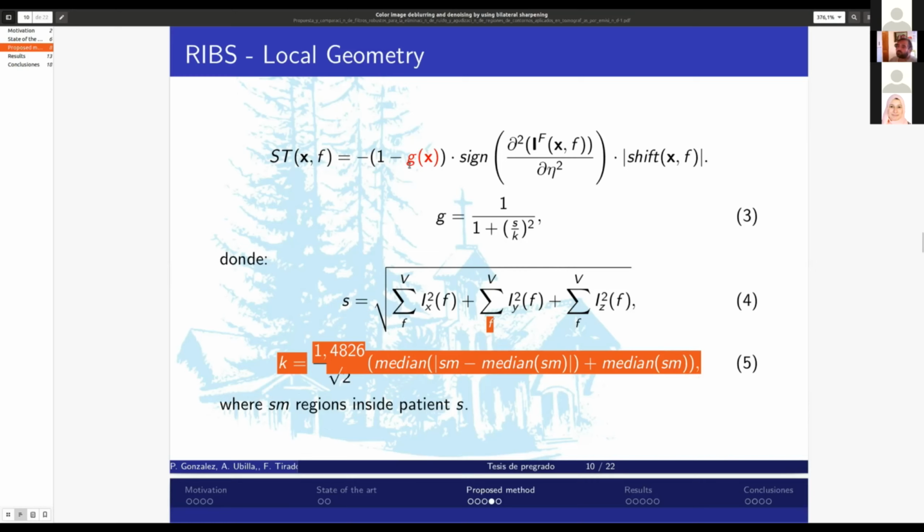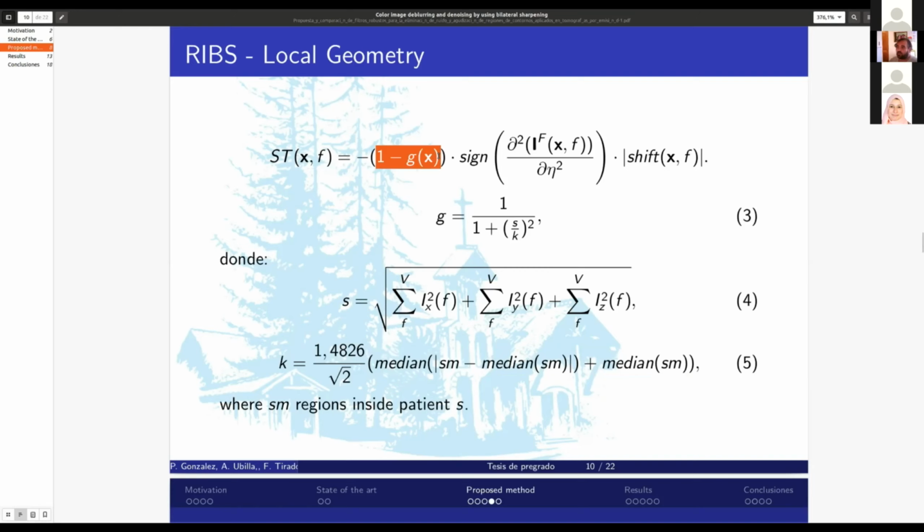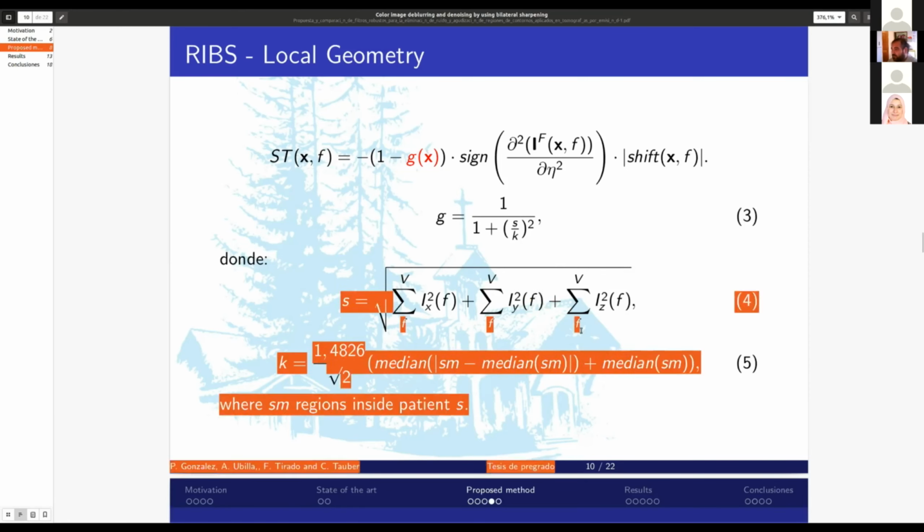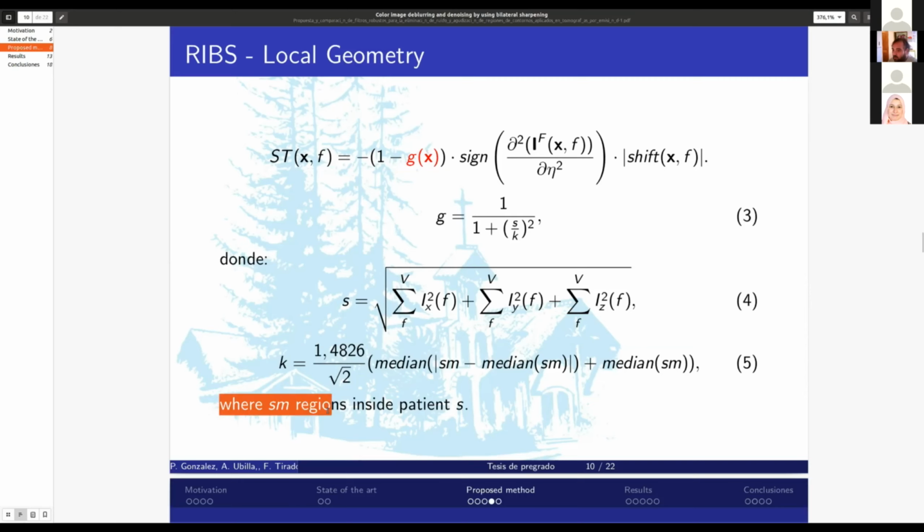function from a decrescent to a crescent function. We calculate one minus the Lorentzian function. With this, we can enable the sharpening term only in the region between regions, okay, in the contour regions. And this calculus is derived from this gradient, but we take only the regions inside of the pattern. With this, we can concentrate only on the path change and not on the behavior.